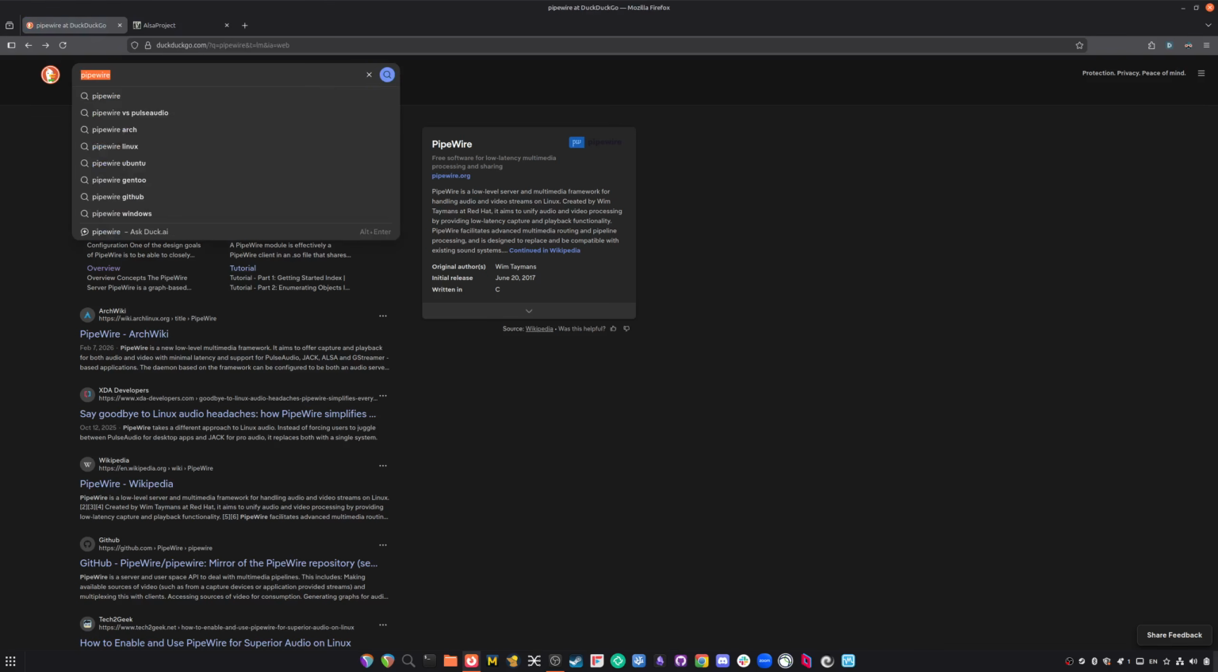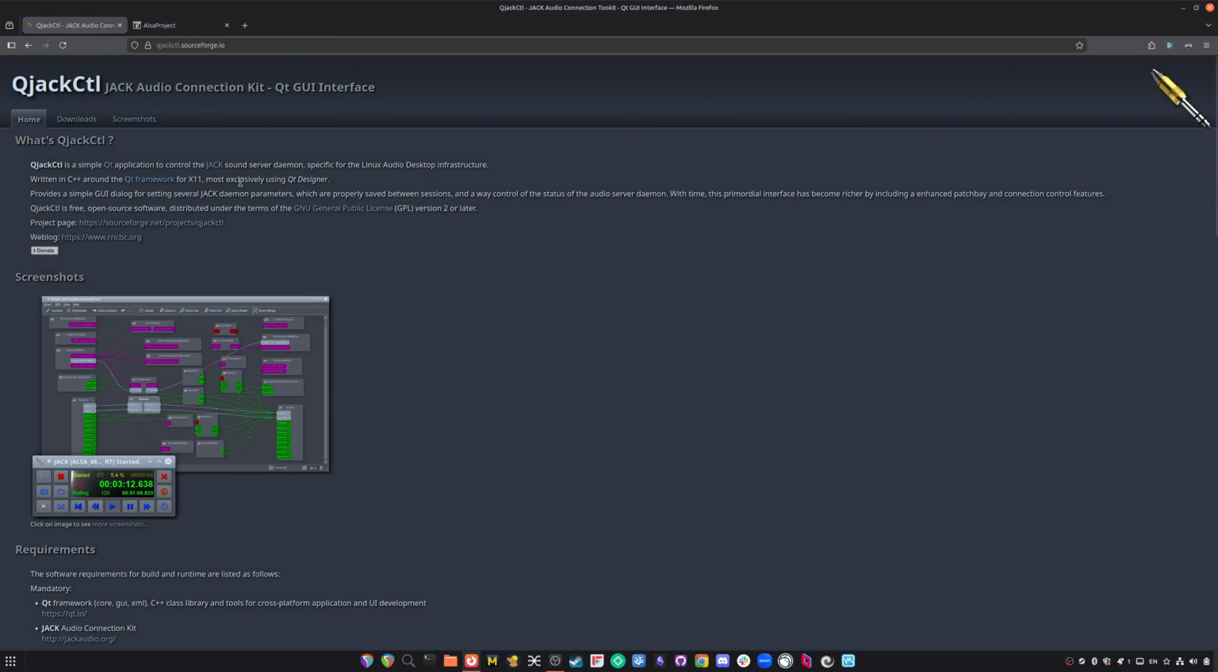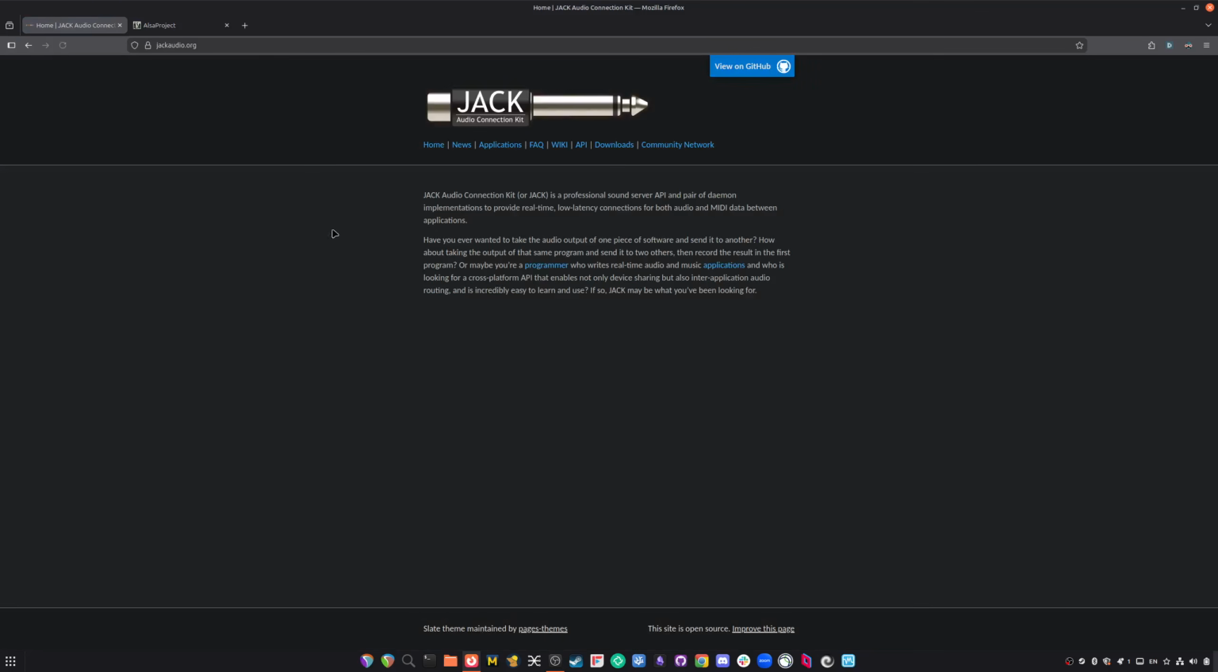There's also a thing called QJack, which is a visual controller for Jack, and Jack was the solution to use before PipeWire, I think. So there are various different systems that handle audio in Linux, and they are not very friendly to each other all the time. Sometimes they are, but not all the time. So you need to understand that if you want to get this to work, you will have to spend some